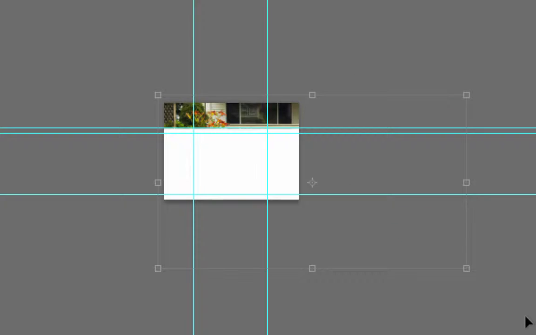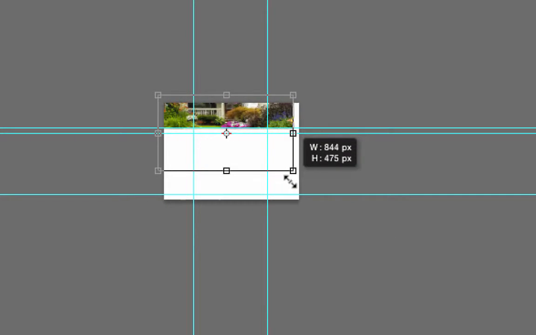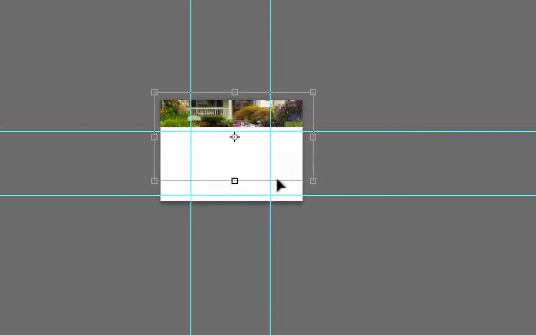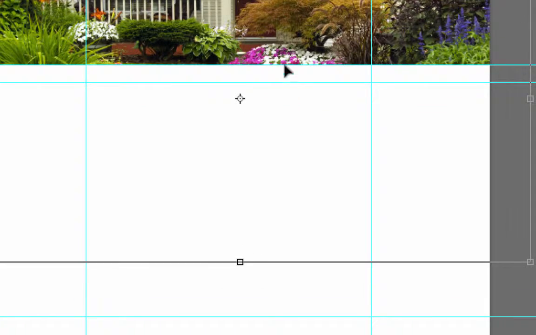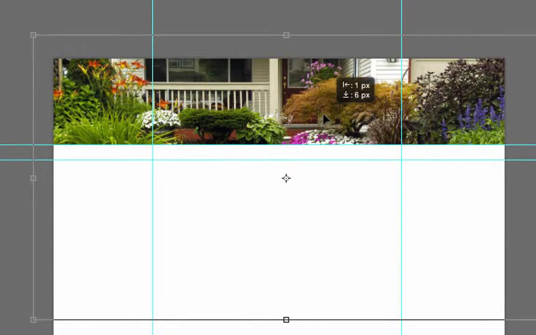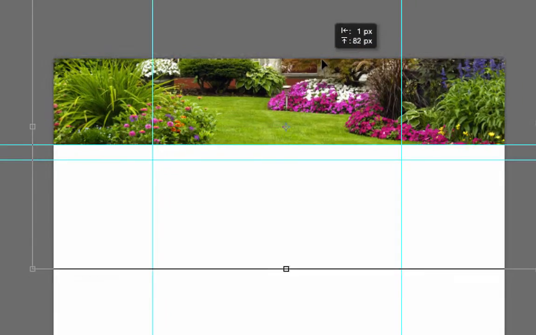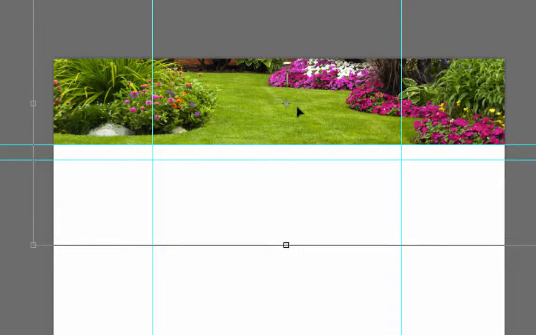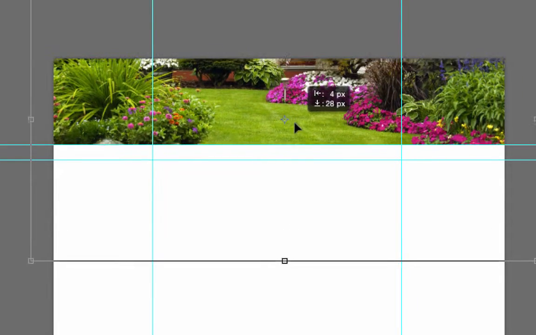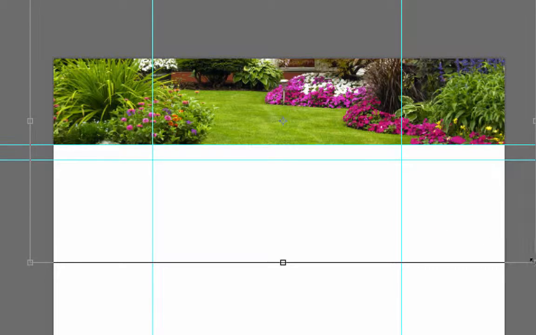Now I'm going to zoom out a little bit, and you could see by my bounding box here that it's a very large image. So I'm going to scale it down. I'm going to hold shift, grab the corner, scale it down, obviously not smaller than the area it's in. I'll zoom in a little bit here, and I'll move it up. I don't want to focus on all this kind of stuff because it's a lawn care company, but maybe I'll focus on the lawn. I'll kind of move that up a little bit. I don't want to cut off any of that too much, but I'll try to make it a little bit